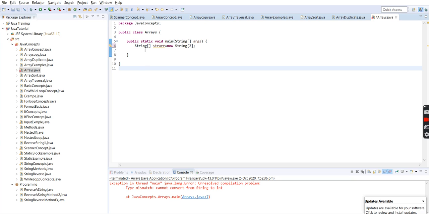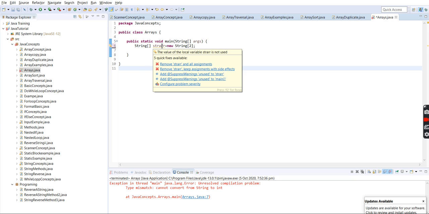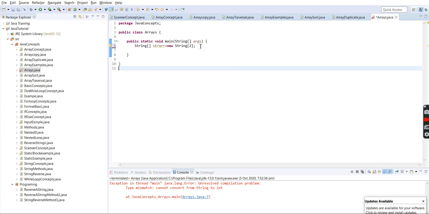So we have created a string array. This is the name of the array, and the size of this array is 2.